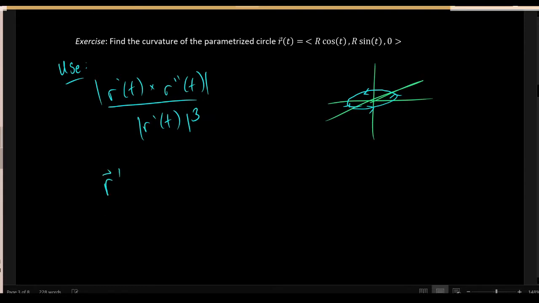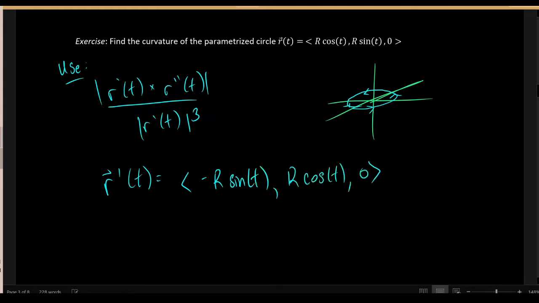So r prime, if I take the derivative one component at a time, we get negative r sine t, we get r cos t, and of course 0 remains 0. While we're at it, here's r double prime: negative r cos t, and then negative r sine t,